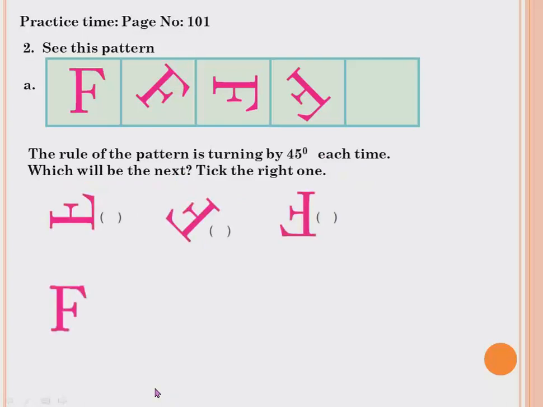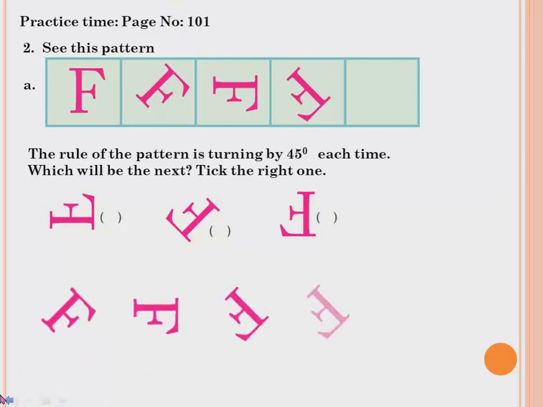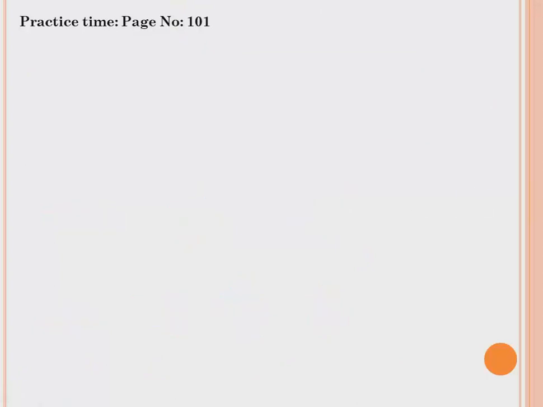See, I'll show you how the 45 turn will be. This is the original position. Yes or no? This F is the original position. If I give 45 degrees, see, did I get the same thing? Again I am giving 45 degrees, same picture I am taking and doing the 45 degrees, it is coming to sleeping position. Again 45 degrees, slanting position. So easily you can say the next 45 degrees will be, yes, understood? We have turned the F about. So which is correct? This one is correct.